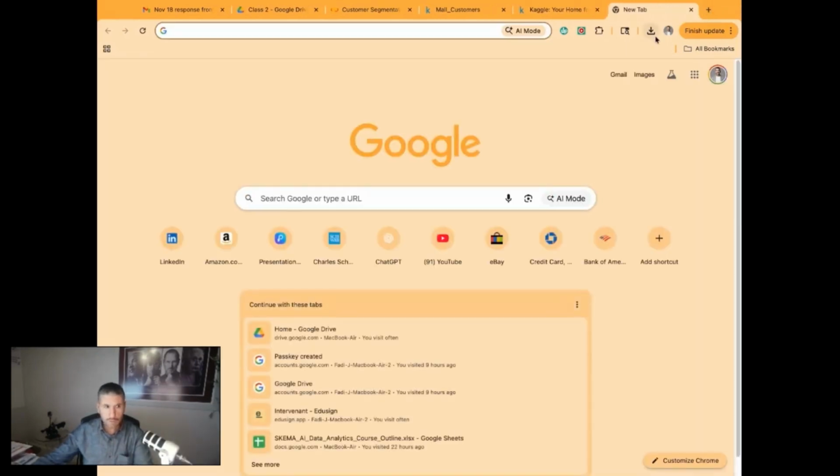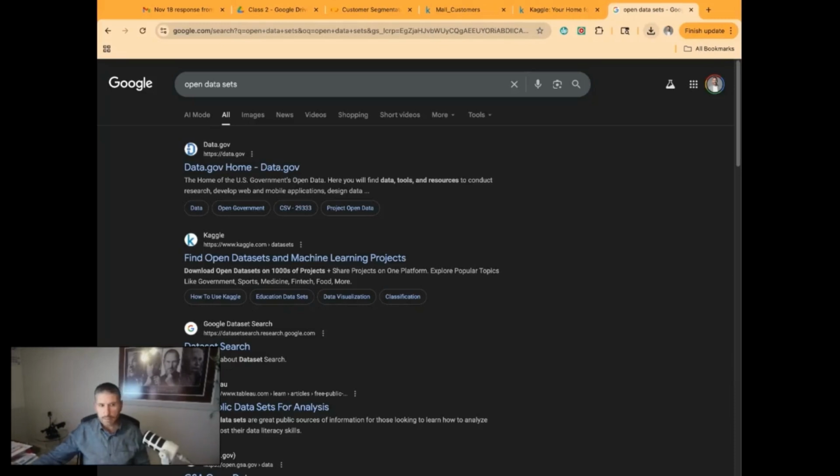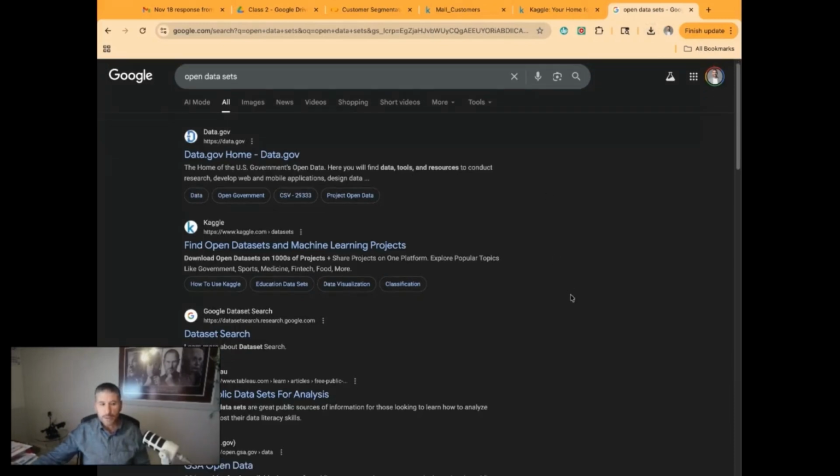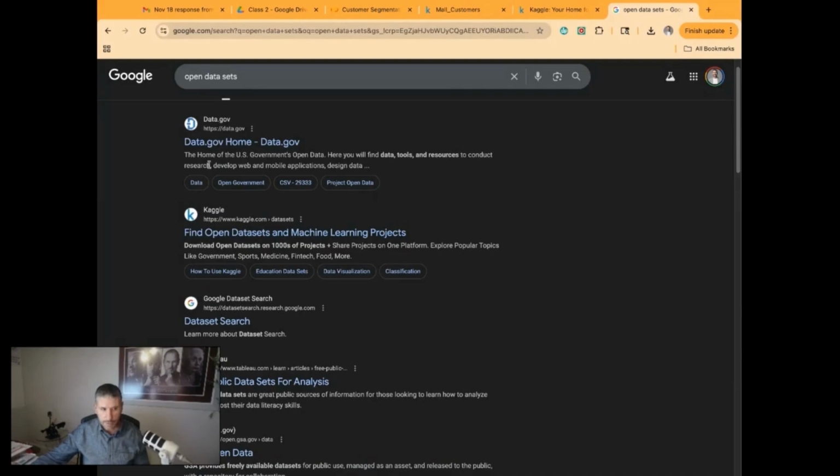If you just do a Google search or a large language model search on open data sets, you're going to find a ton of these. The other interesting thing you can find, in addition to Kaggle, which is good to know, is Data.gov, which gives you government data about so many different topics, because the U.S. government, by constitution, at least for the time being, has to publish information about constituents and states and legislation and so on. And you can actually grab that data set as well.